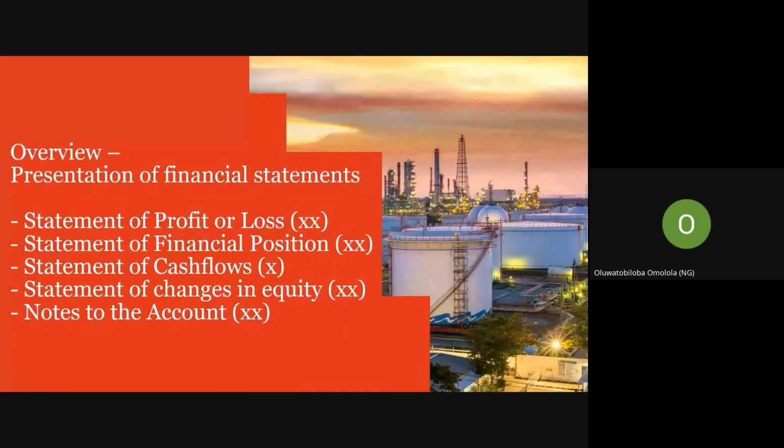So we are going to be comparing the revenue or the income of the business against the expenses. If income is more than expenses, it means that there's profit, while if expenses is more than income, it's losses. On the other hand, the statement of financial position shows the assets and liabilities of the business, right? What are my assets? What are the things that I own? And who are the people I am owing? Those are my liabilities. And then it shows the equity,